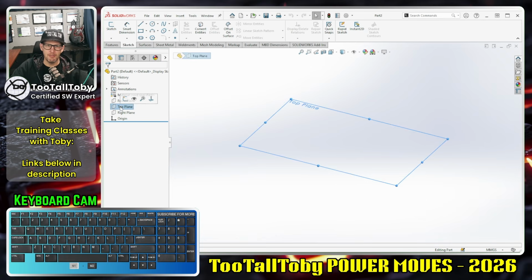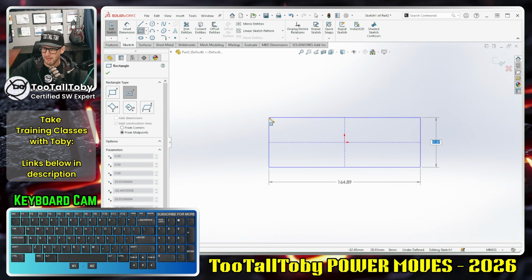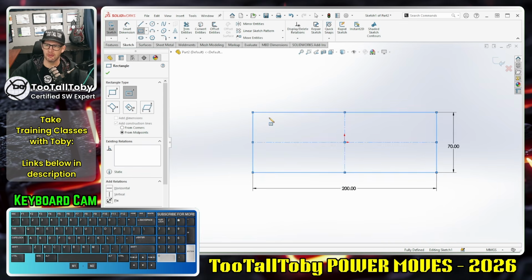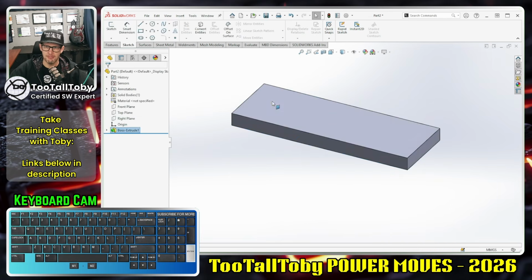So take a look here. I'm going to begin a new sketch on the top plane, and I'm going to create a rectangle here with the dimension 70 high by 200 wide. Now I'm going to take that rectangle and extrude it up to a height of 15 millimeters, and